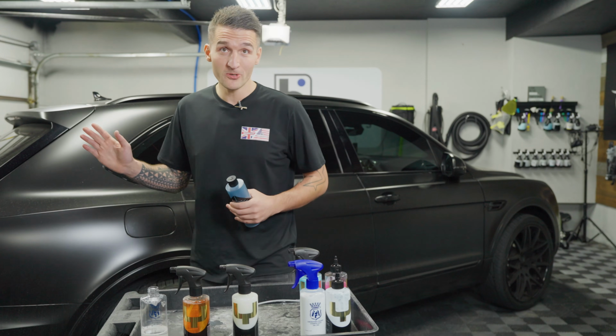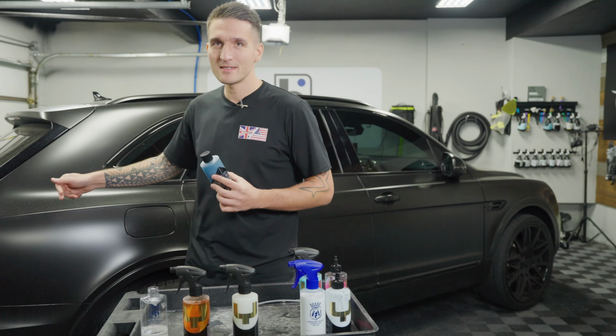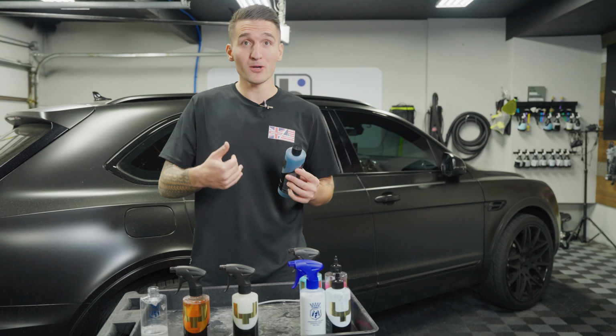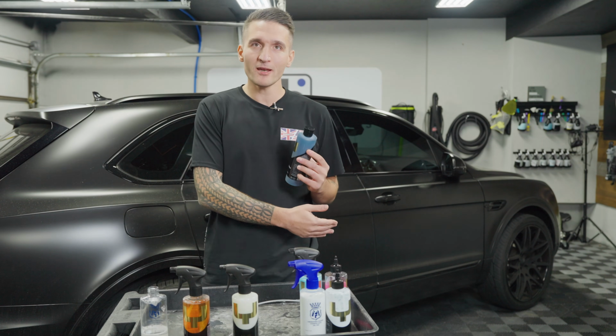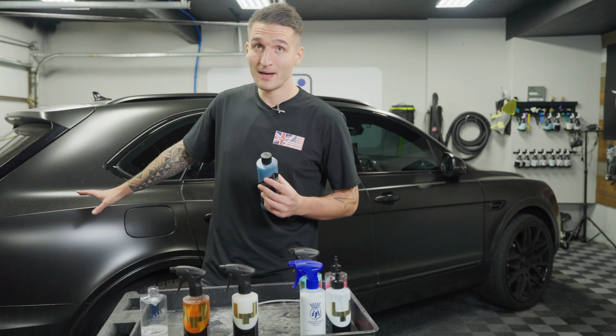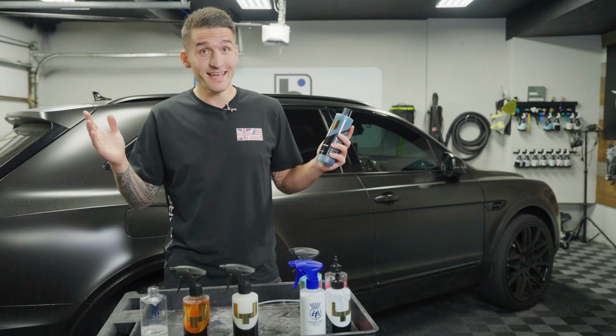Now, very soon you're going to see how we're going to foam this onto the paint as a dedicated decon wash. In the bottle, it's a 13.5 pH powerhouse. We're going to put that into the foam cannon, and in serious conditions like this, where the car is really bad, you're going to see this is a pre-wash. You don't need a dedicated